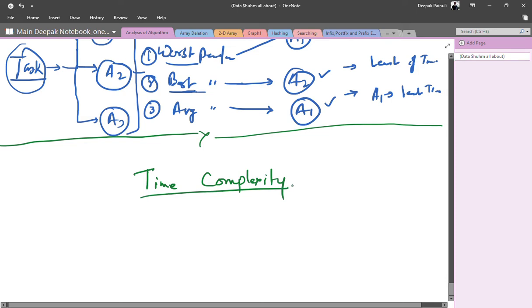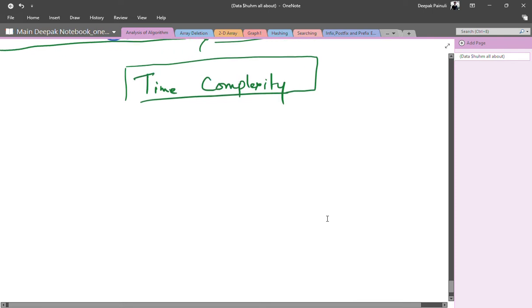When we are analyzing time complexity, we are going to analyze any one algorithm. But we have different types of algorithms, so there will be different methods of analyzing the time complexity on the basis of the type of algorithm.